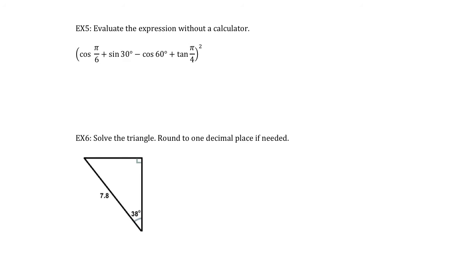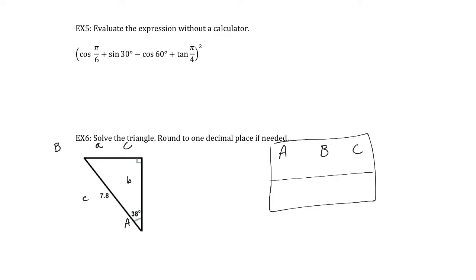Okay, we're going to solve this triangle. So I like to just start labeling things. It doesn't really matter what you call them. This is B. This is my 90 degree, so this is angle C. It just kind of helps me personally stay organized. So if I have angle A, B, and C, and then I'm going to have my side length A, B,